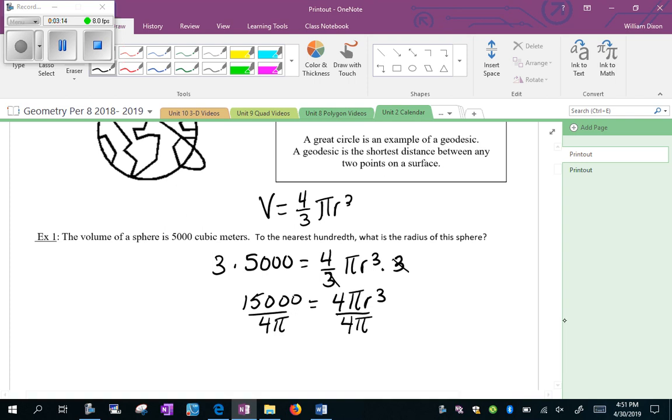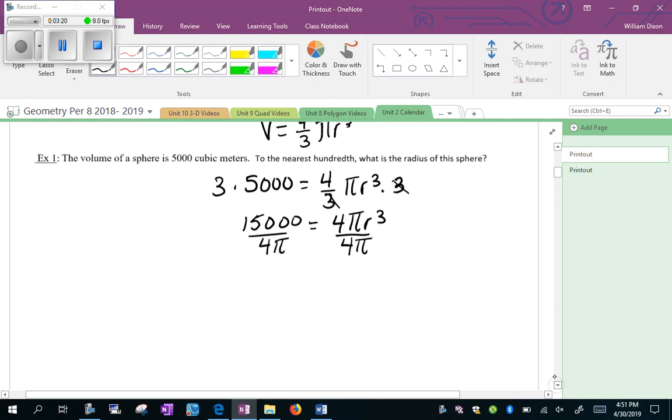I'm going to get a really big number. Actually, it's not that big. 1193 point, and I'm going to write down all the numbers. And that's going to equal